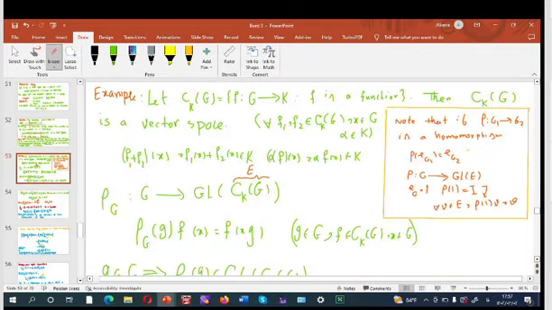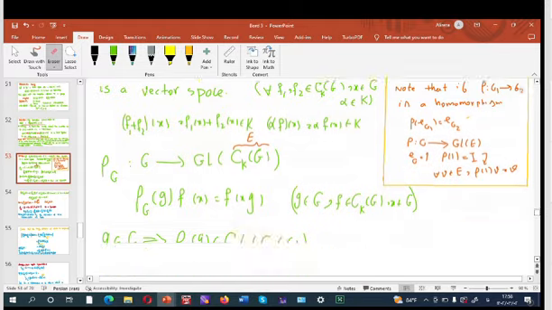And if we consider this as a vector space, Ck of G equal to the set of all f from G to k such that f is a function, only a function, then we see that this is a vector space, so we can consider this as our vector space E, and define a representation by this notation rho G from G to GL of E by this function rule: rho G of f of x equals f of x G. Okay, and also